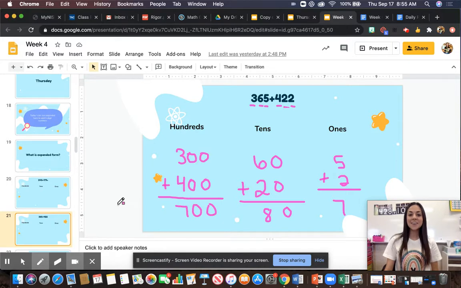Okay, sorry guys. So as I was saying, as you can see, there is no regrouping in this problem, okay? Because if I see this number in expanded form, I can easily put that number in standard form without having to line up my digits. Does that make sense? So 700 plus 80 plus 7 equals